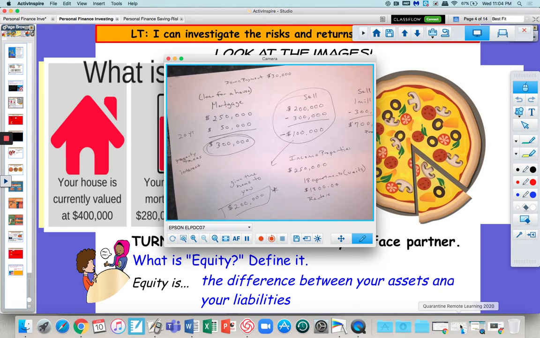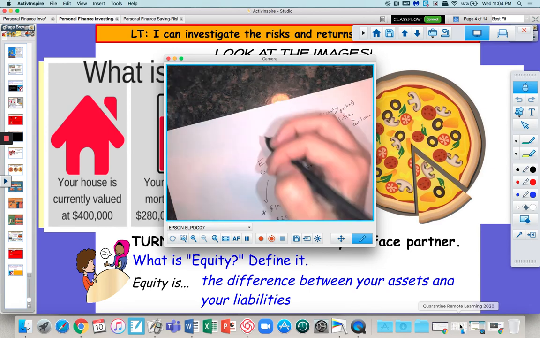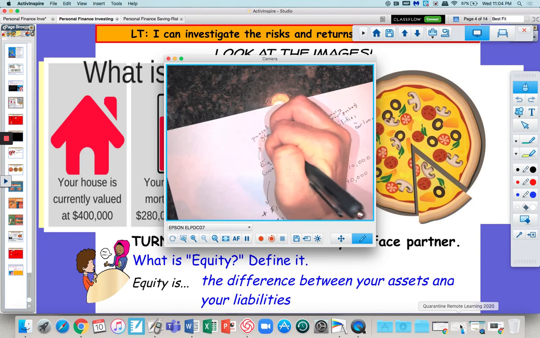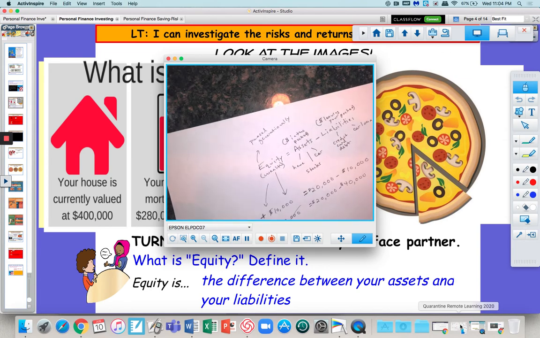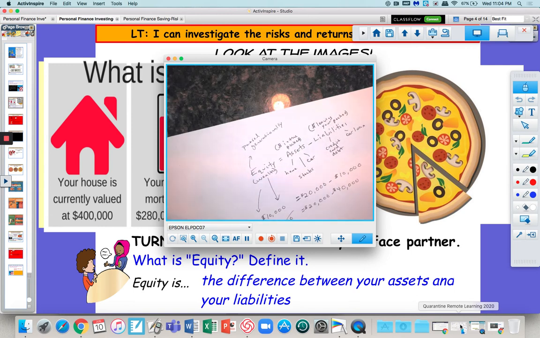And the final thing I want to say about this is, why does equity matter? Well, equity can be passed down generationally, right? So whatever wealth your parents are building right now, they will eventually pass that down to you, right? If they have children or if they have family members. And what you could do is you build up equity for your family, you build up wealth over time.